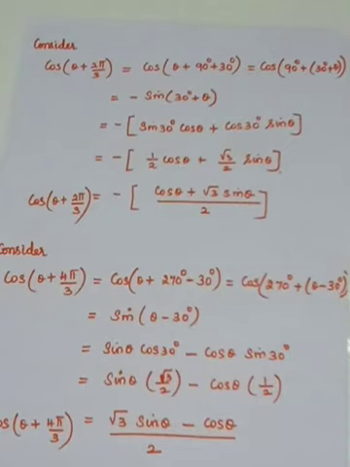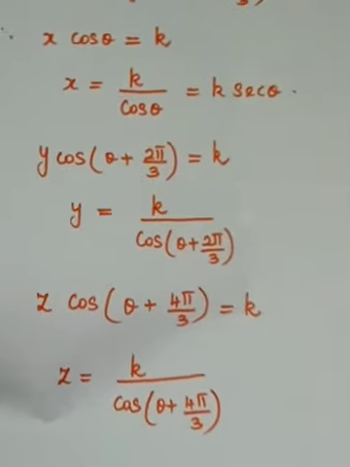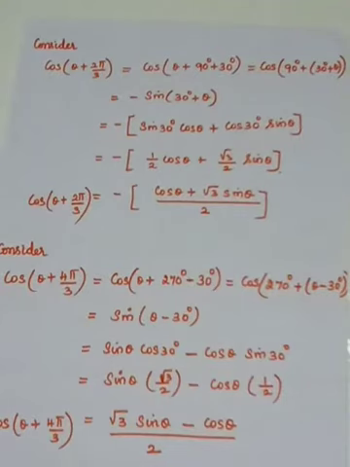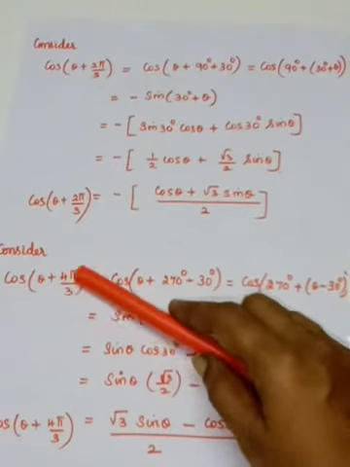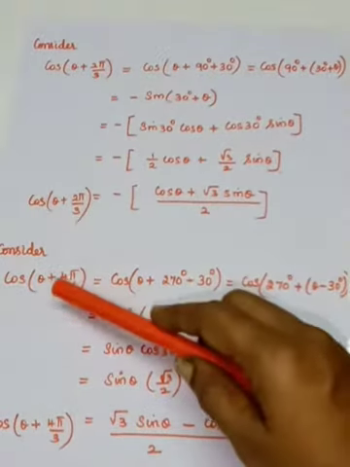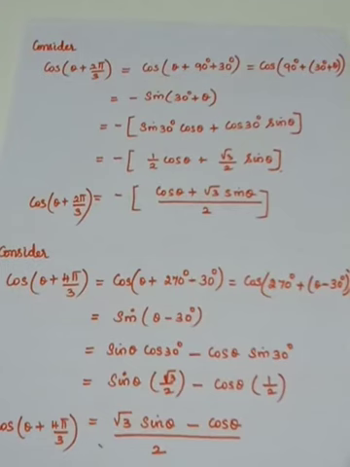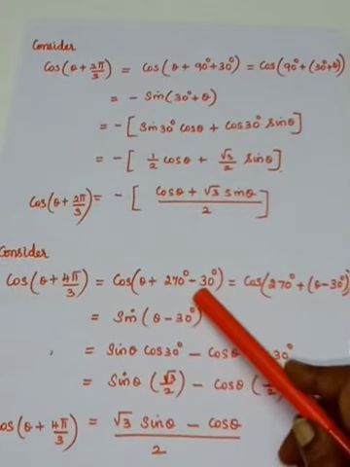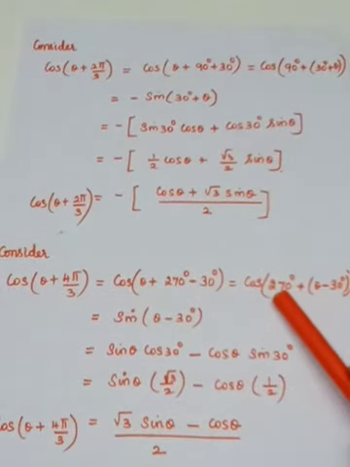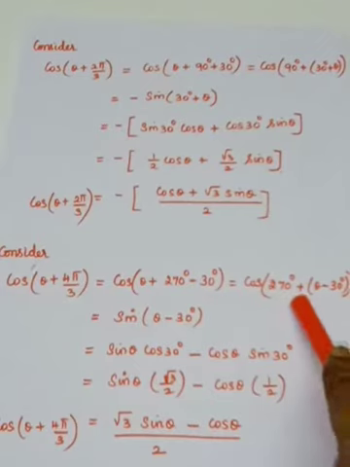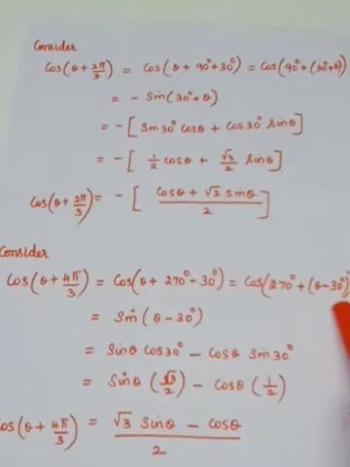In the same way, in the z term, you have cos of (theta plus 4 pi by 3). That value also we have to find. So take cos of (theta plus 4 pi by 3). What did I say about pi by 3? Pi by 3 is 60 degree. 60 degree into 4 is 240 degree. That 240 degree I have written as 270 degree minus 30 degree, isn't it? So rearrange this as 270 degree plus, and you see what has to come, which is the positive term, theta, minus 30 degree.